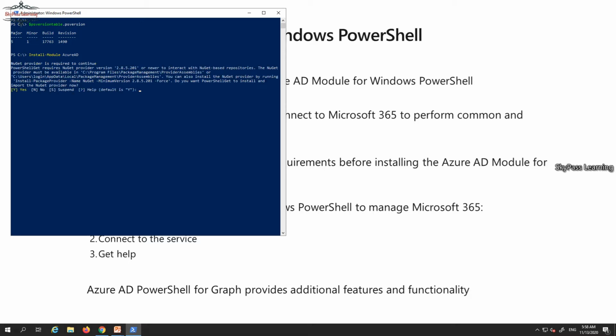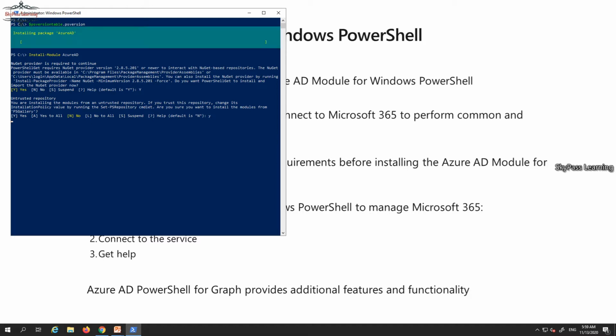Let me quickly check if it is getting installed or giving me an error message, because sometimes I got an installation package error message and untrusted repository. Okay, so now it's downloading the Azure AD module and installing it.